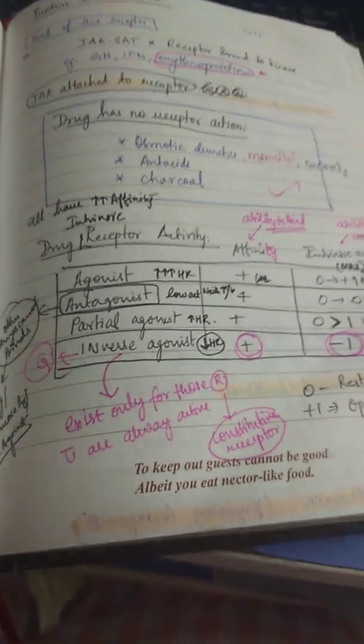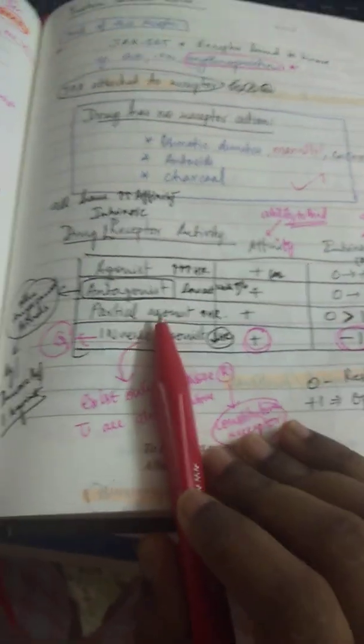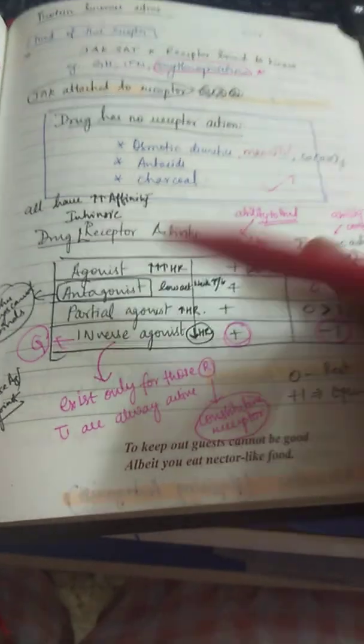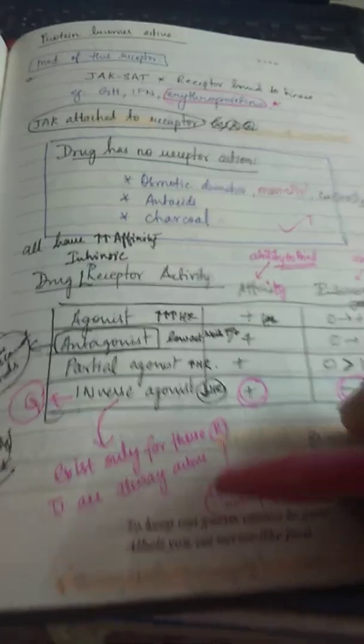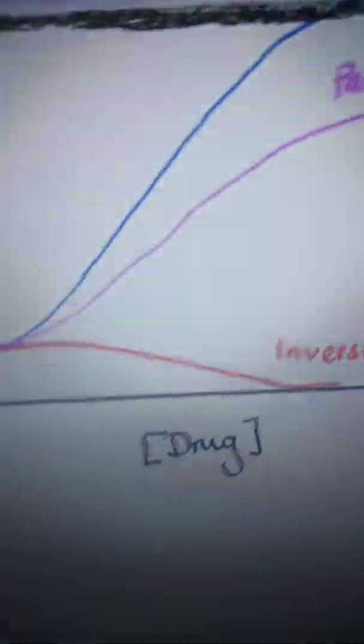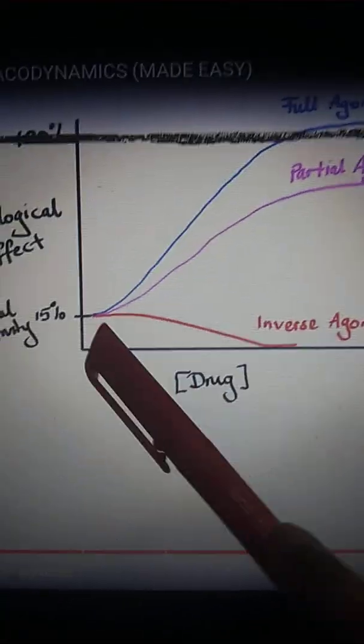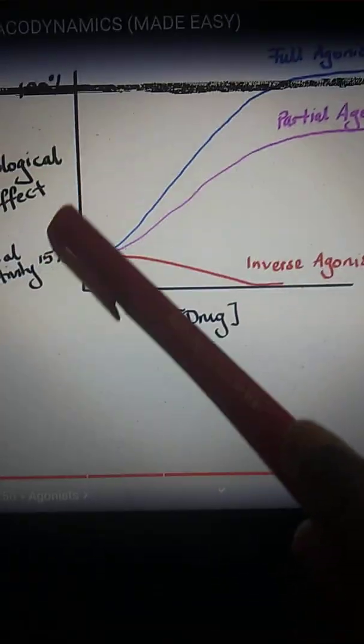Okay, so now we'll be talking about drug receptor activity. We have an agonist, an antagonist, a partial agonist, and an inverse agonist. Agonist: see, what happens is when you give a drug, I'll show you the graph. So when you give a drug, this is the concentration of the drug, and this is the biological